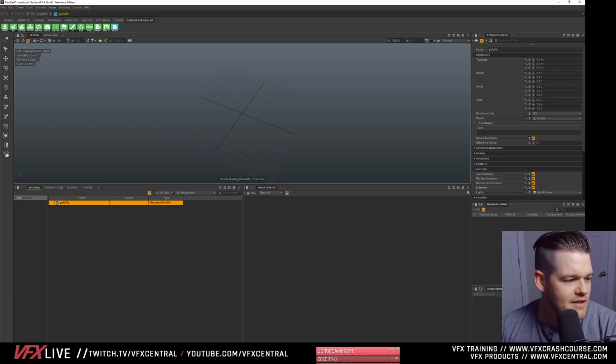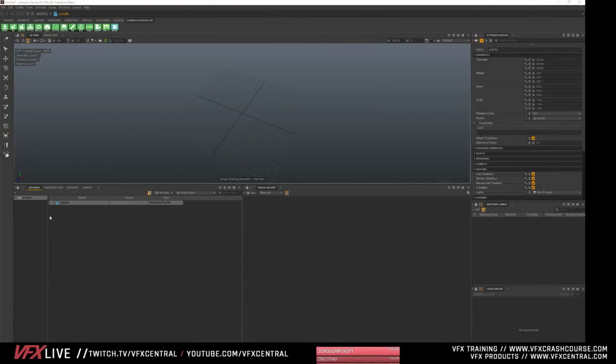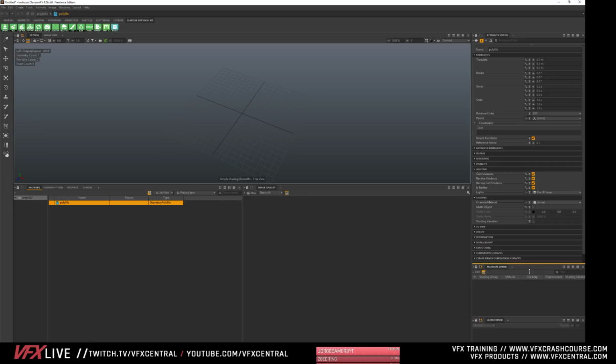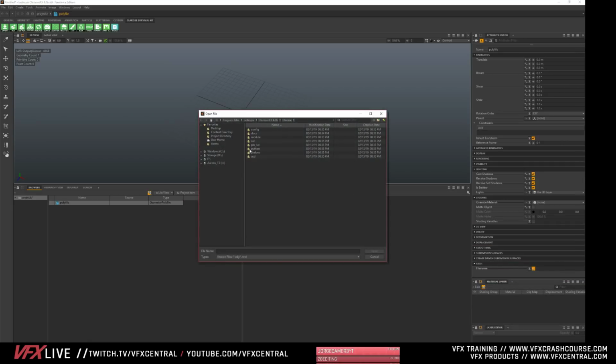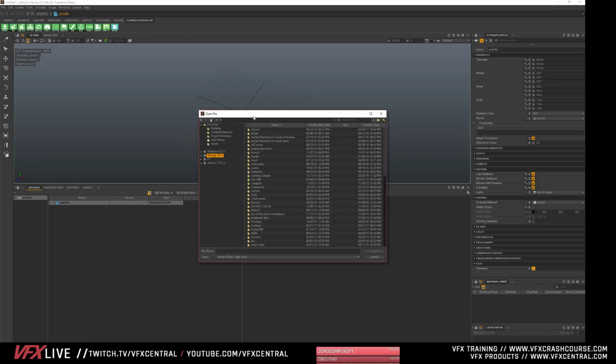So you come in here and you say, okay, I want to import a poly file. Let me move my face so you guys can see this a little bit better. Okay, so there's the poly file, and then you got to go down to the path, of course, and I'm going to try to navigate to a sculpt. I know I have some 3D Coat stuff, let's see if I can find that. Nothing in there. Let's go into our crash course and see if we can bring in one of those high poly. Oh, drop ship. Okay, I think that's actually a low poly.